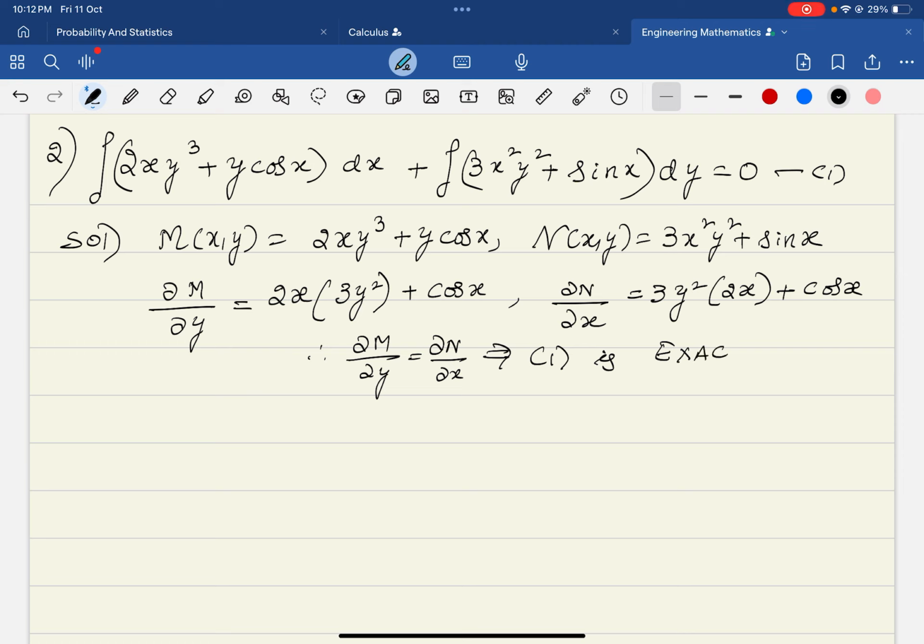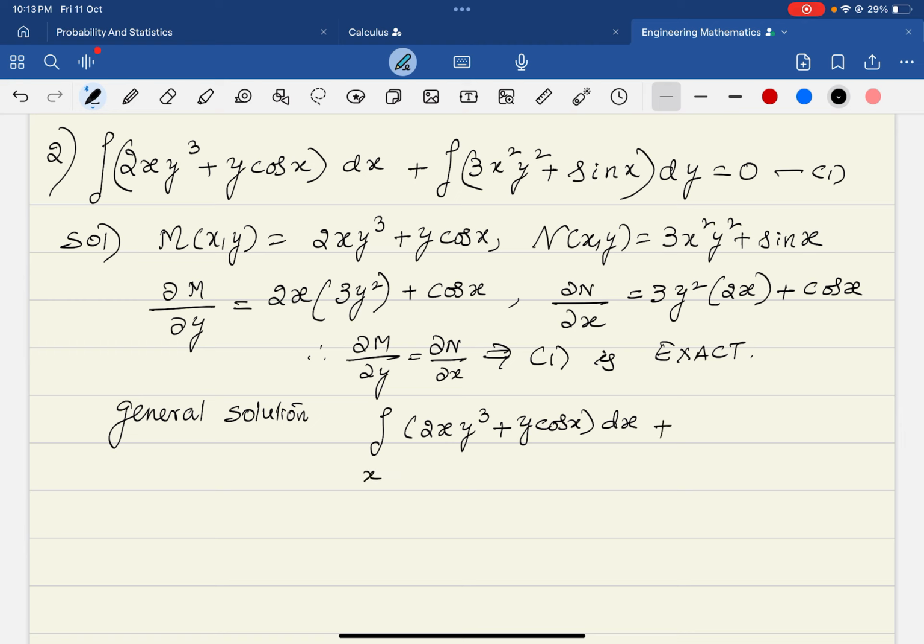So the verification is over. Once the verification is over, we can write down the general solution. What is the general solution? Integral of M, which is (2xy cube plus y cosine x) dx over x, plus